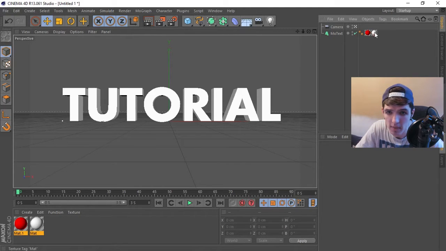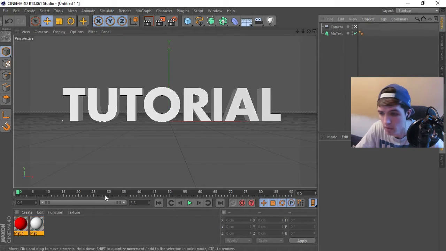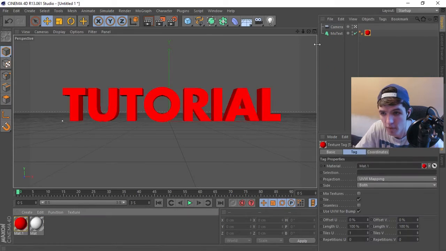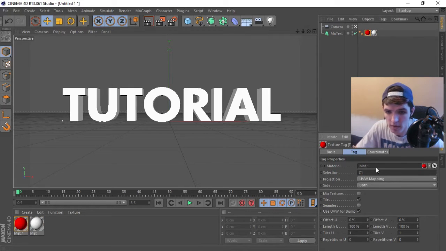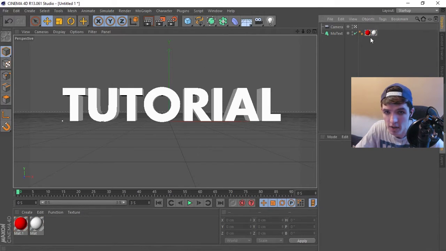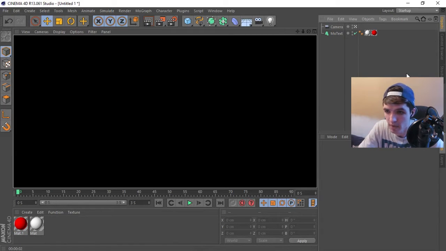Doesn't look like it did it right. Let's try that again. So we want to add red. No, why is it adding both? I don't want to add both. Add red, and then add white, and then here we want to do capital C and 1. Let's try that again. Did it work this time? Are you gonna work for me? There we go. It's because I had the colours placed the wrong way around, and I need to add a